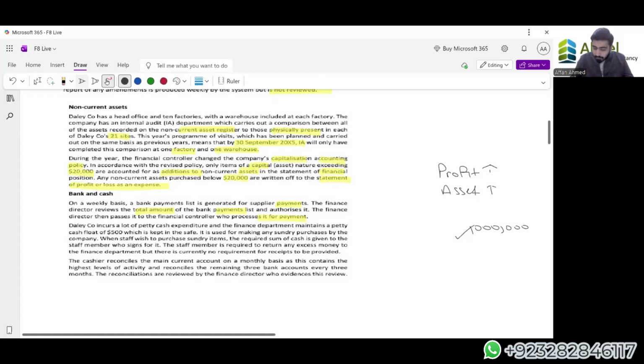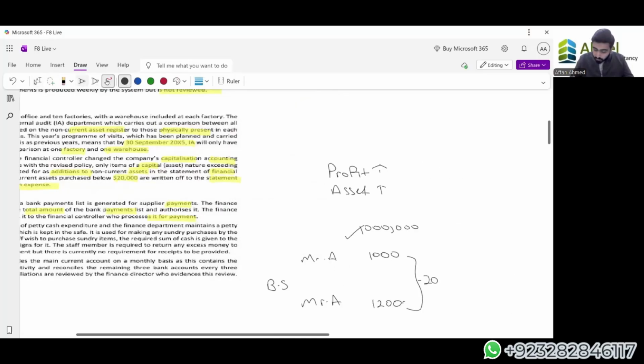Let's say I am saying that I have to pay Mr. A 1000. Now the bank statement, for which I'm writing BS, says Mr. A got 1200. So if the finance director checks the transactions, he will be able to identify the discrepancy here, and he will be able to ask the other party why there is a difference of 200. He will be able to investigate that. So it will be easier for the finance director to cope with the inefficiencies of the management.